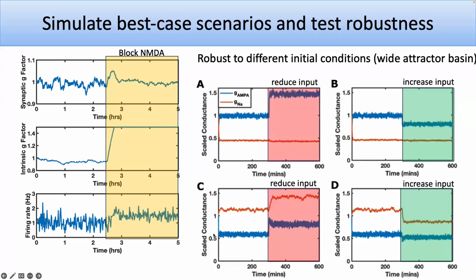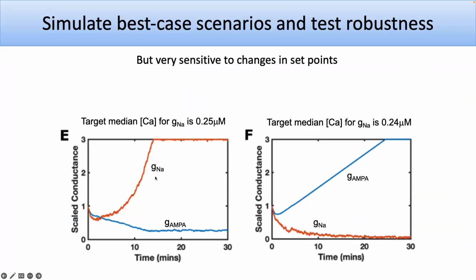But the problem is that those control points are still very sensitive. Here, 24.5 micromolar was ideal and everything worked fine. If I made it 25 or 24, I got wind up. So things are very, very subtle. And this is a real issue, right? Because the whole point of homeostasis is you don't need to fine tune things. If we need to fine tune our set points, then we've lost all the benefit of homeostasis. So, that's kind of where we are.